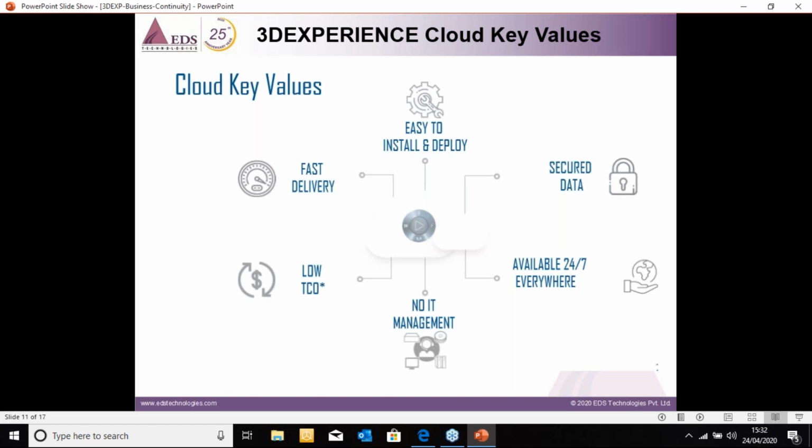The key value that the 3D experience platform on cloud delivers to all my customers who would like to have access to this is that it is instantly available. It's a ready package, easily deployed and installed and made available to the customers, with every piece of data secured. It is available 24/7, anywhere, everywhere, as long as you have valid login credentials and internet connectivity.